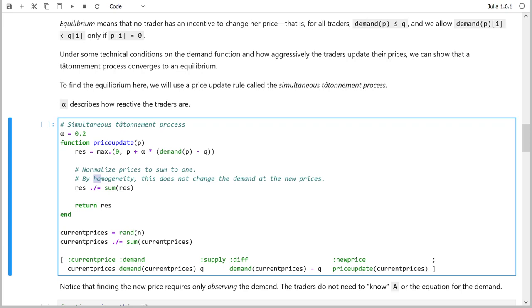However, you might notice that this seems to violate our assumption that each of the traders acts on her own, right? And says, I'm going to increase my price now, or I'm going to decrease my price now. Instead, this statement seems to imply that the traders can get together and collude and say, we're going to make sure all of our prices sum up to 1. So this poses a bit of a theoretical challenge, but there are a couple ways to argue that it is okay. The first is what I just mentioned. Because of homogeneity, we can think of the resultant price vector as not